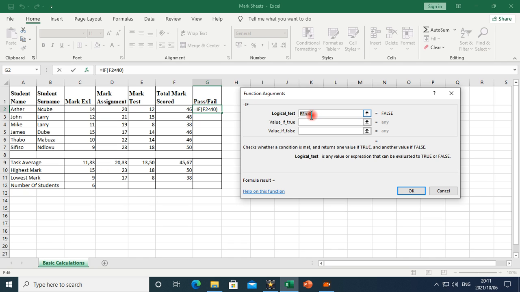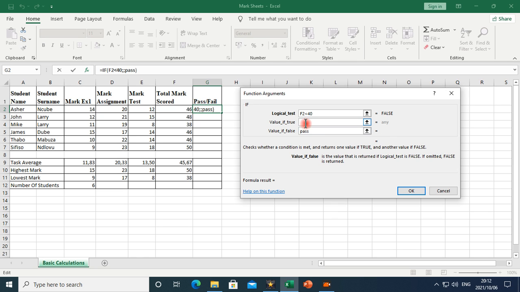So it is going to return a value if false. So if false, we're going to say fail, right? But we want to return true because we said if false,